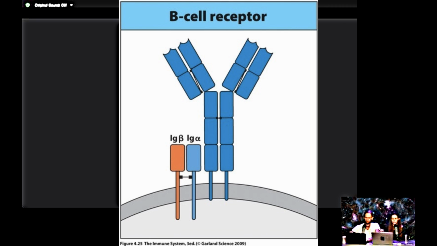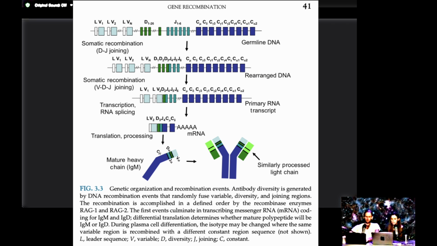And when there's a shape change or a conformation change to the B cell receptor, it's transmitted into the cell through these alpha and beta immunoglobulins that are not technically part of the antibody complex themselves. The production of these antibodies is through this process that is called